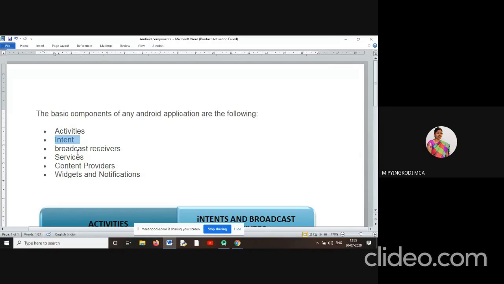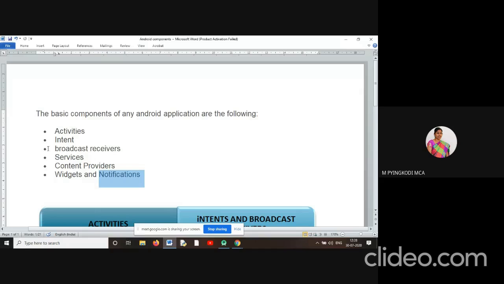Only 3 hours, 2 minutes it will be running. Like that, it will give notification. So that is broadcast receiver. When an event occurs, this broadcast receiver will intimate the user in the form of notification.